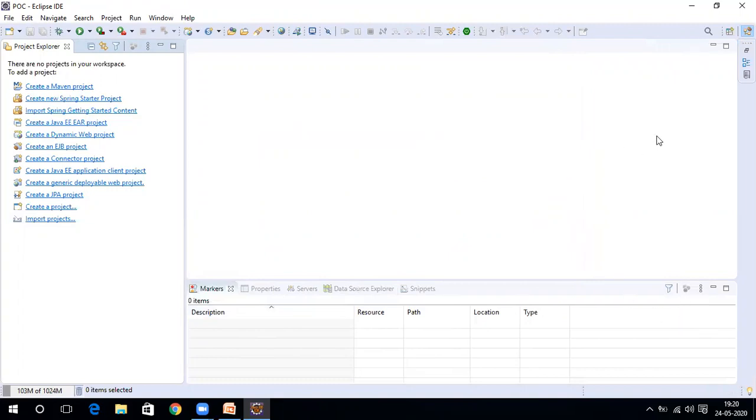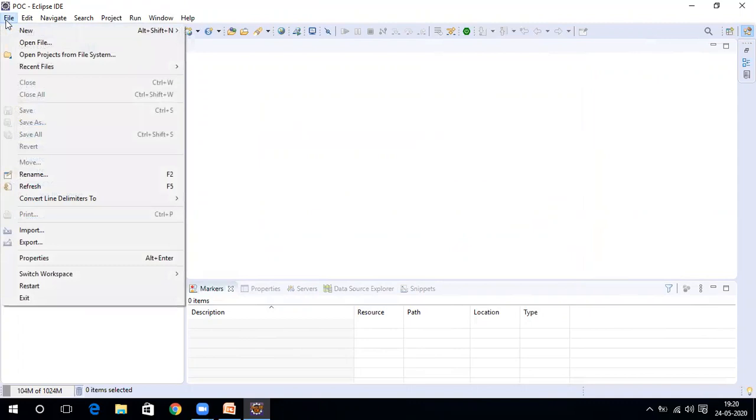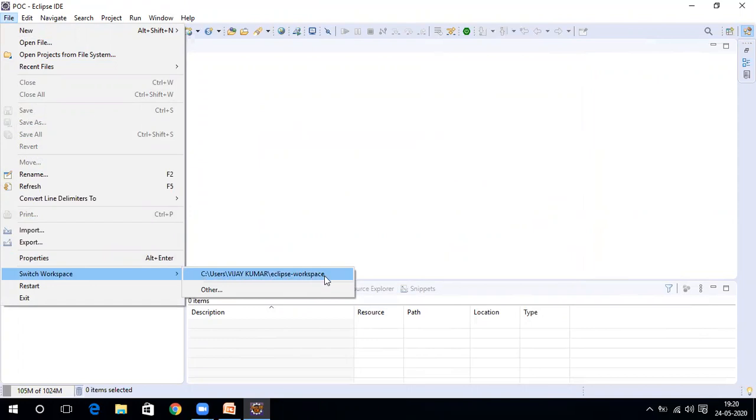Now our goal is to create one simple Java project. Before that you just want to know where you created your workspace, right? This is the workspace location. I created my workspace in this area. You guys also need to create a workspace. A workspace is nothing but a simple folder. Whenever you start Eclipse, it keeps all your Eclipse settings and other things in that particular folder. Whenever it starts, it uses that folder and holds the entire Eclipse setting data. That's it, nothing more.